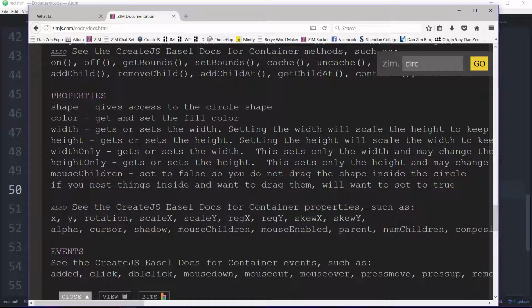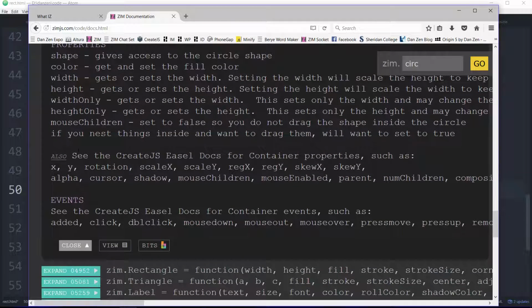So these things change both, but the width would only change the width. So if we set the width to only 200, then that would move to 200 and the height would just stay whatever the height was. There's mouse children, etc. But the more interesting ones are probably the generic properties that we can set